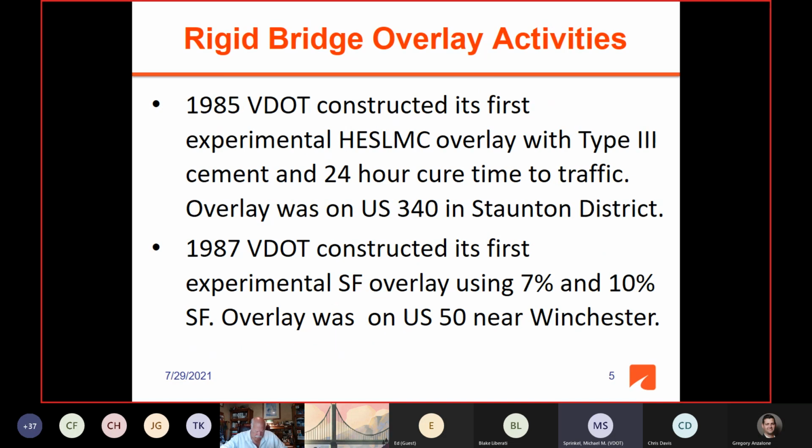In '85, VDOT constructed its first higher strength latex modified overlay with type 3 cement and a 24-hour cure time before you put traffic on it. And again, this was an attempt to have a latex overlay that you could drive on in a short time so that latex could be used rather than a polymer overlay. This overlay was on US 340 in the Staunton District and performed well until the bridge was actually replaced because